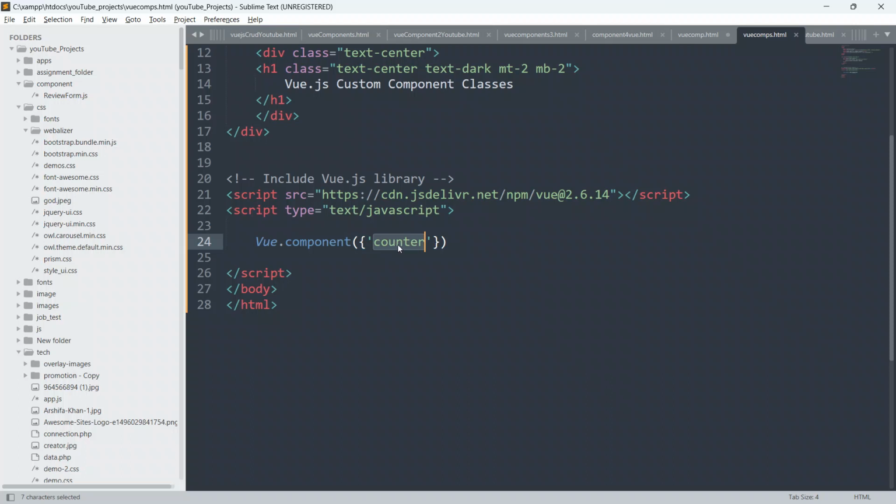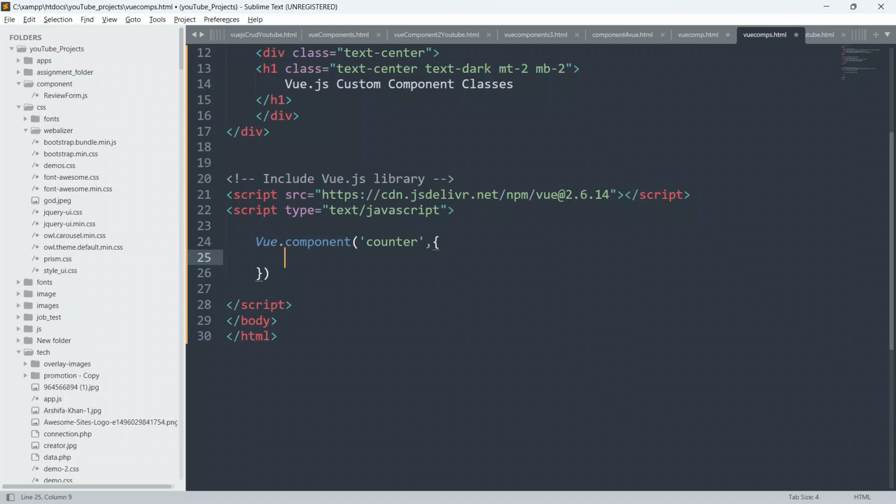And inside this we have to put a comma, and inside this we have to define our data properties, or you can define anything inside this: objects, functions, custom methods, custom properties also.